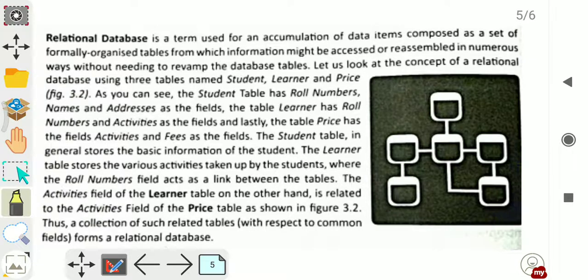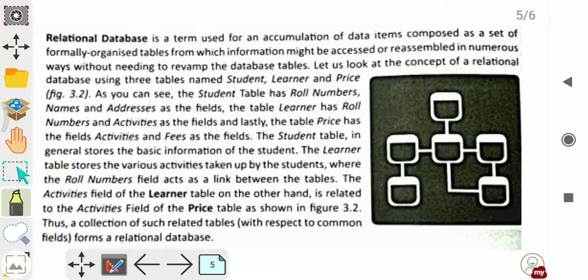And a relational database is a collection of many tables. It means in the database we store the information in the form of tables, in which many rows and columns are there, and from these tables we can retrieve the information.